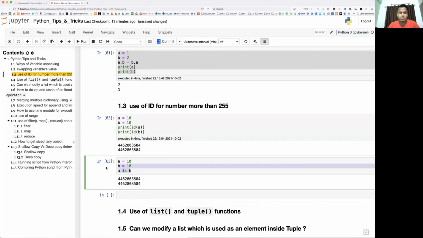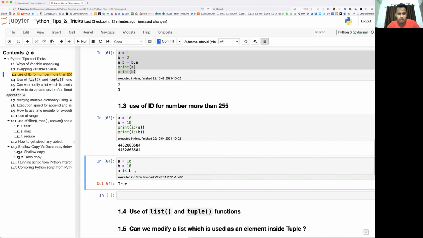Those who are watching this video for the first time, please watch my operator video where I talk about this particular keyword. This keyword is basically used for comparing the memory location of an object. If both have the same memory location, it is going to return Boolean True. Okay, so that's about ID.